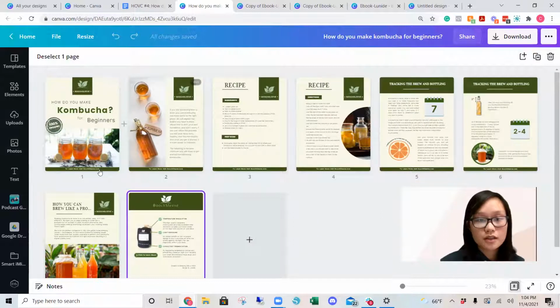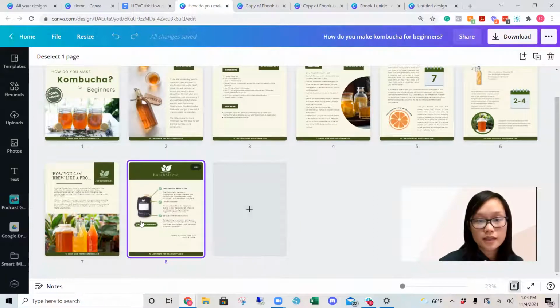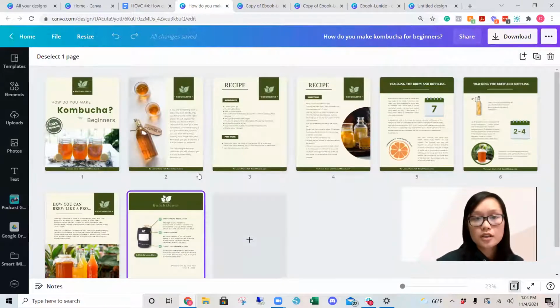And I created a website. I attached their website at the bottom because no matter what page they're on, they can always go to their website. And at the end, there's a call to action button. So in this